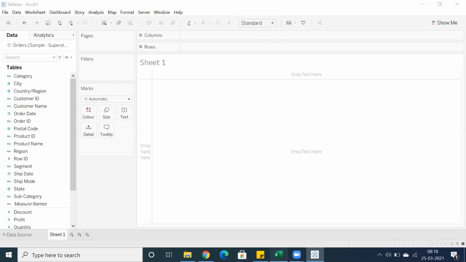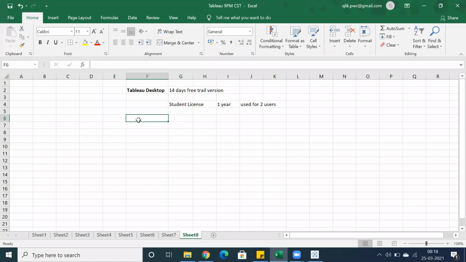Before we jump into Tableau, we have different types of extensions. We'll go through each and every extension tomorrow, but I'll just go through the high-level points. We have different types of extensions called .twb and .twbx.